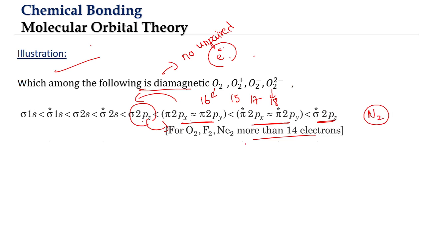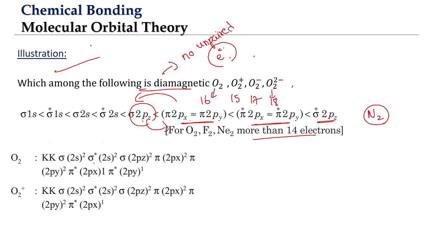Now look at it. So what are we having? O2. KK means this arrangement: sigma 1s 2 electrons and sigma star 1s 2 electrons, which we generally represent as KK. We already analyzed O2 in the previous example. Finally, pi star 2px will have 1 unpaired electron, and pi star 2py will have 1 unpaired electron. That is why O2 clearly has a paramagnetic nature.